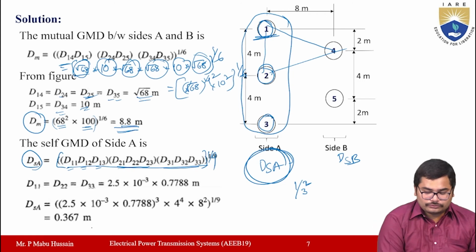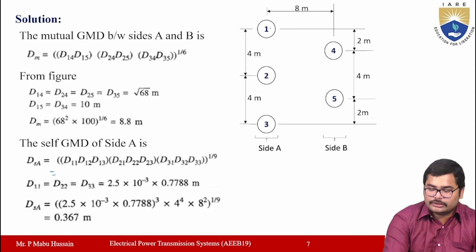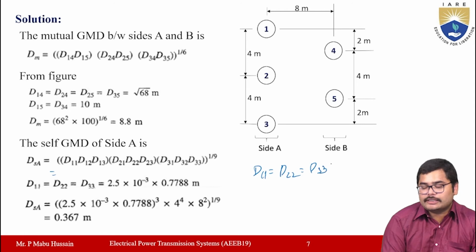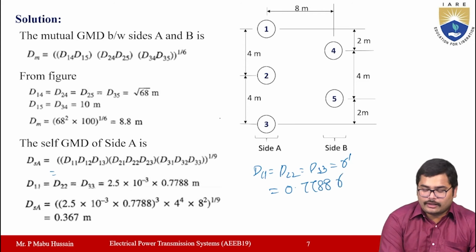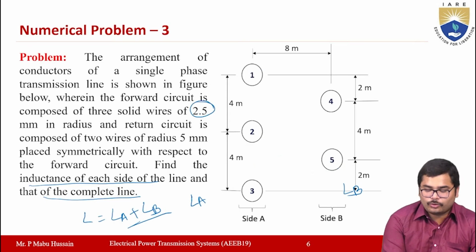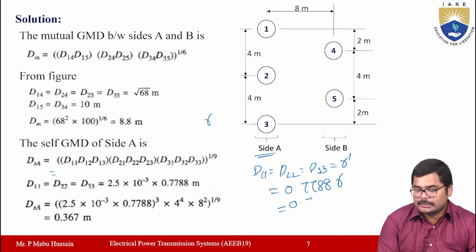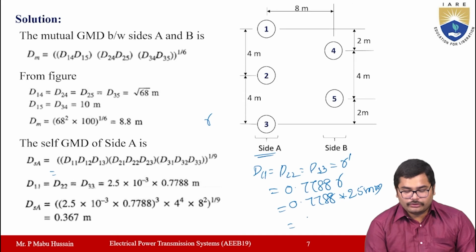Now here you know all the distances. D11, D22 and D33, these self distances will be equal to R dash, which will be equal to 0.7788 times R. The radius of side A is given in the problem itself, that value is 2.5 mm. So that means 0.7788 times 2.5 mm you have to take. Now if you calculate this value, you will get the value in